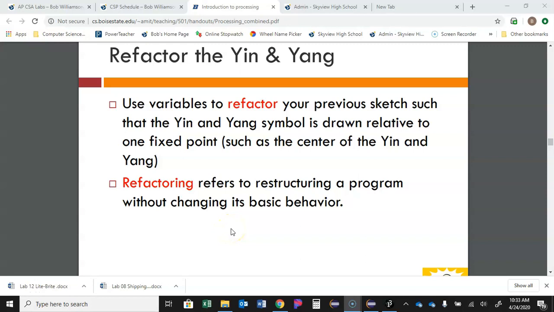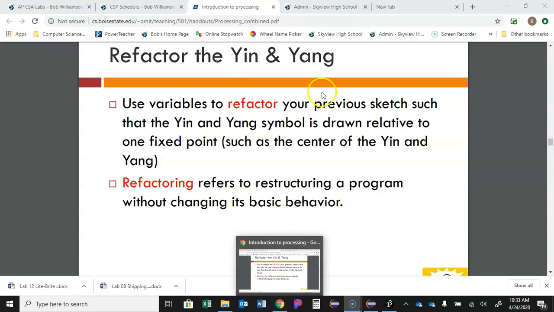Okay, students, so last time we were to work on a yin-yang design or drawing in your processing platform and submit that. So the instructions previous to that are on the PowerPoint presentation that's located on my website. And I have that up here in front of us right now, but the location of that, just in case